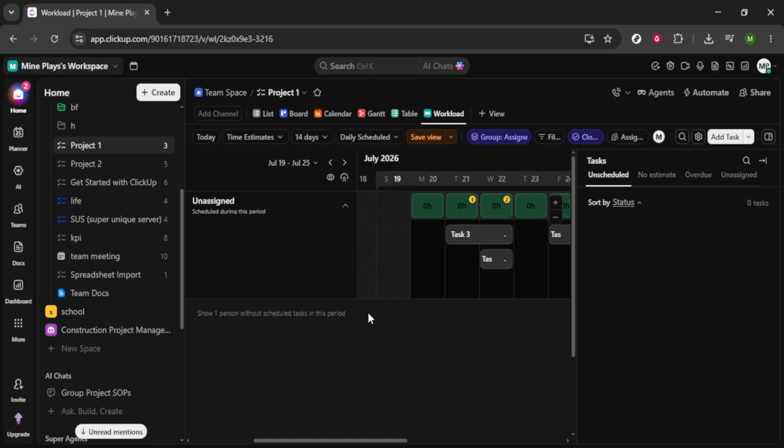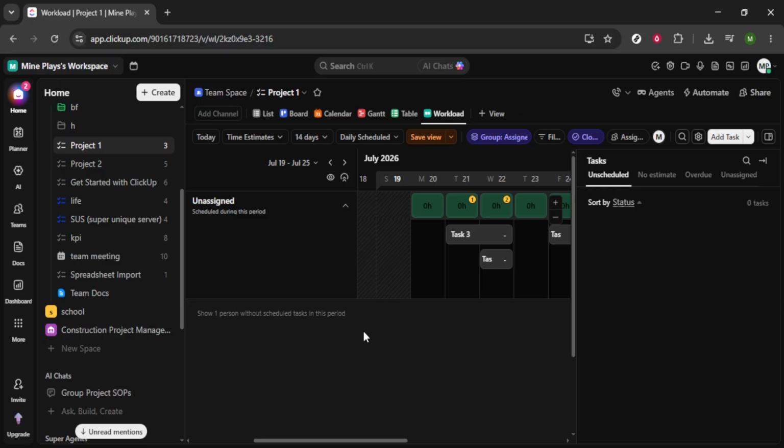To begin, the first thing you need to do is open your web browser and navigate to clickup.com. Once you arrive at the website, you'll want to log into your personal ClickUp account using your username and password. It's crucial to confirm that you have the necessary permissions to manage workspace settings before proceeding. If you're not an admin or lacking the relevant permissions, you might need to reach out to someone who does